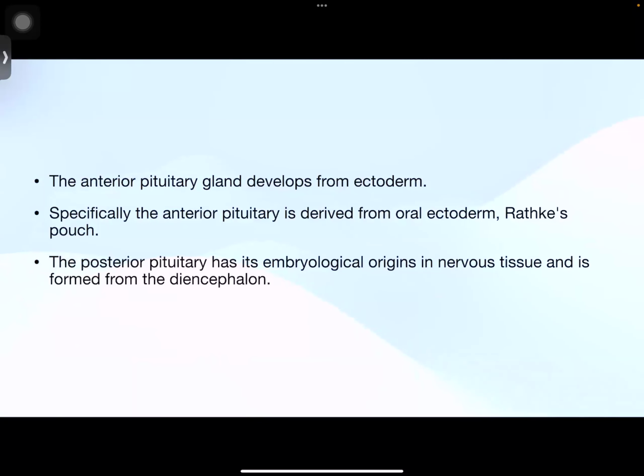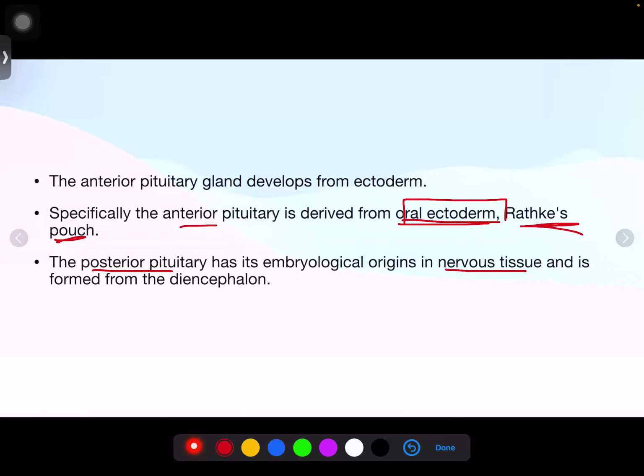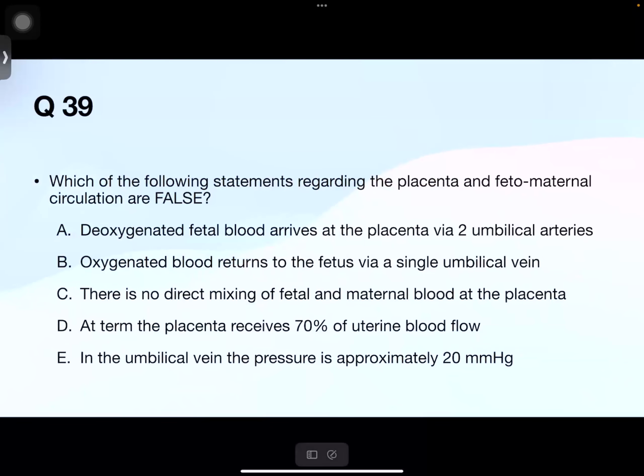तो anterior pituitary it develops from ectoderm. Specifically अगर देखें तो आपकी वो oral ectoderm से जो एक Rathke's pouch निकलता है, so that forming the anterior pituitary, और posterior pituitary हमारा ऊपर से आता है, so that वो nervous tissue से develop हो रहा है। So basically दोनों ही ectoderm का ही part है। तो ये बस आपकी oral ectoderm से out pouching ऐसे निकलती है। तो anterior pituitary, posterior जो है ना, nervous tissue से down आता है।